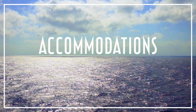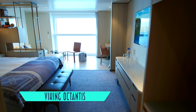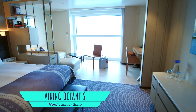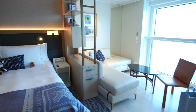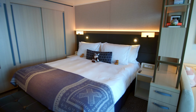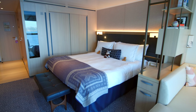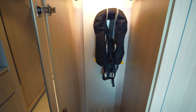Accommodations on board are just as stunning as on Viking's other ocean ships, including the warm and welcoming Nordic Junior Suite we called home. Its 322 square feet is composed of a wider room than most, with a separate seating area facing the Nordic balcony, and a firm but spongy mattress that is not only approved by our teddy bears, but also gets a thumbs up from Viking Eric. A new feature available in all cabin categories is a convenient drying closet,